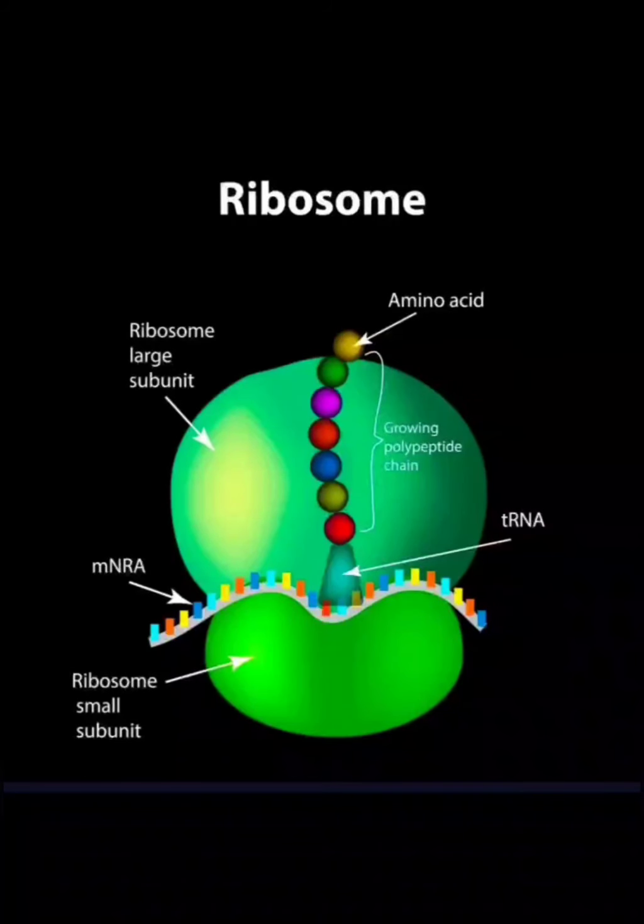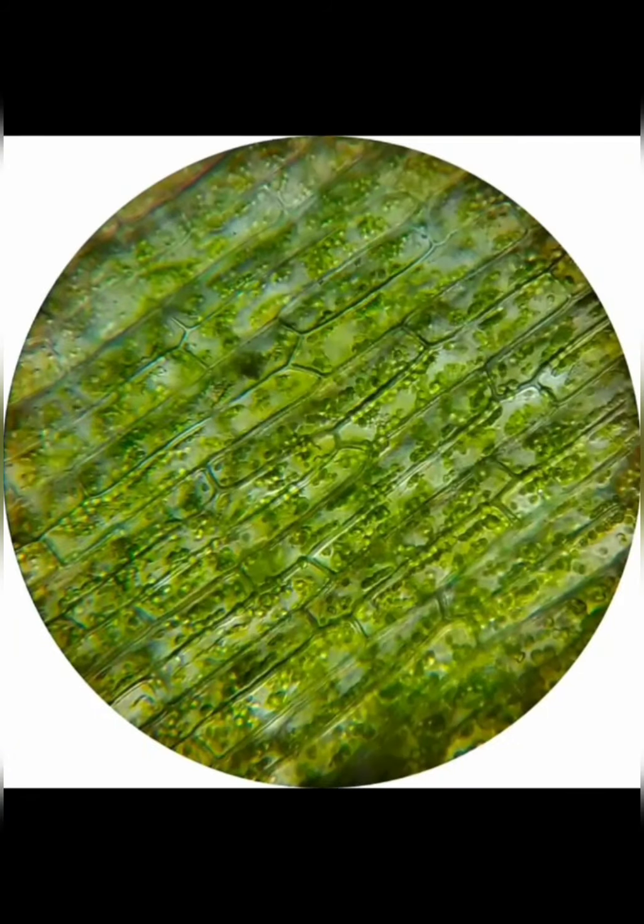Well, now let's study plastids. As you can see here, the chloroplasts inside the Rheo leaf. For this activity, what we have to do is take a Rheo leaf, tear it with a single stroke, take the thin margin part and observe it under the microscope. You can see these structures under the microscope. Here inside the cells, the small granule-like structures which you are able to see are called chloroplasts.